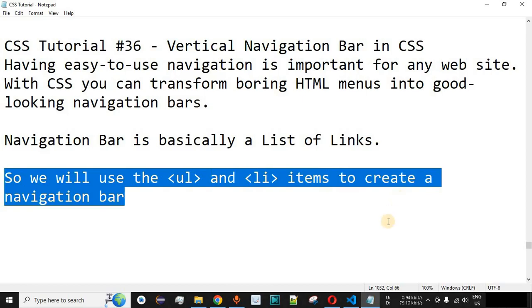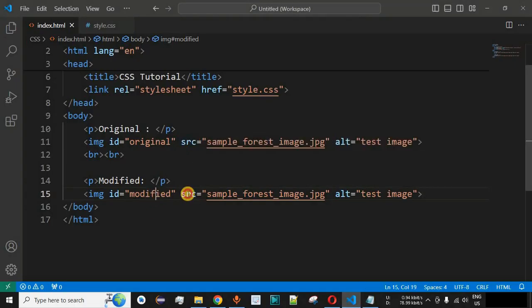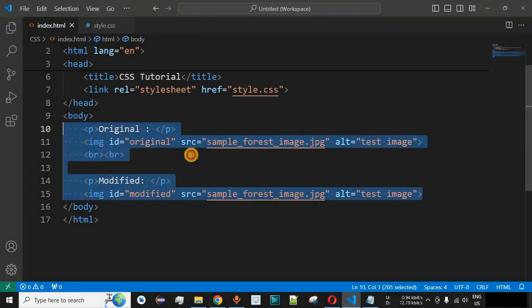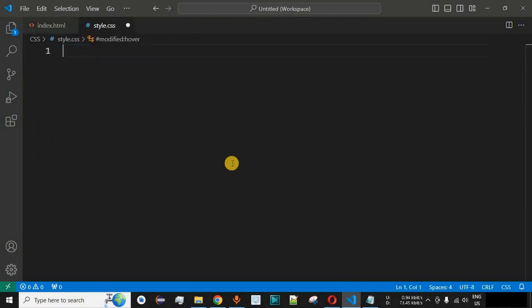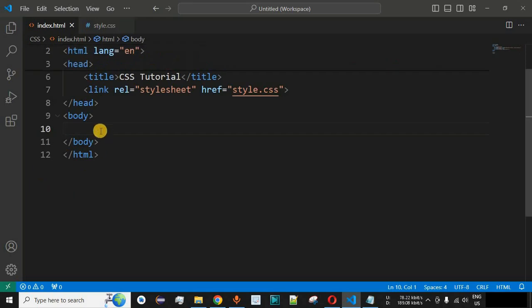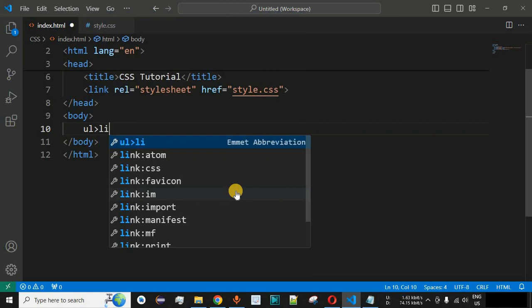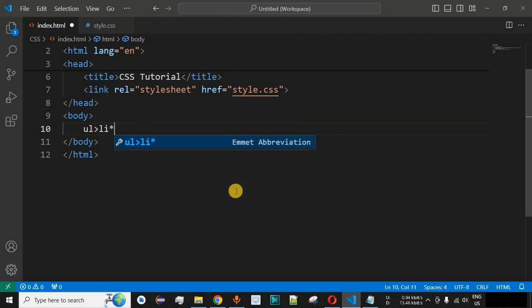navigation bar. So guys, let us move to the VS Code over here, and simply I am going to remove the previous lines of code that we had written in the HTML and the CSS files over here. Now guys, simply what we are going to do is, as I have told you, we are going to use the unordered list over here. So we are going to have the UL tag, along with it we are going to have the LI items as well, which are the list items, and we are going to have 4 list items initially.